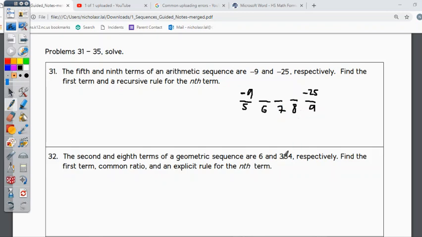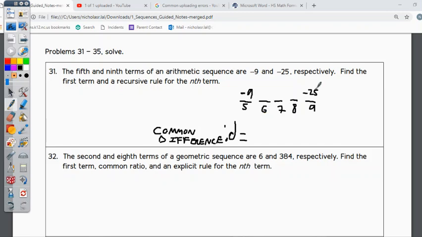And first we need to find the common difference, and to find the common difference, the common difference is D, right? So D should be equal to